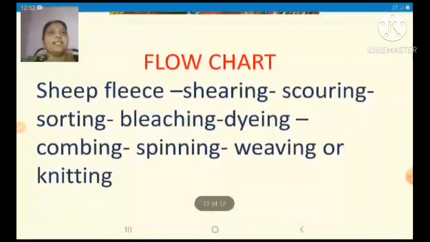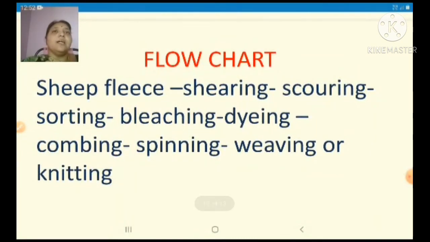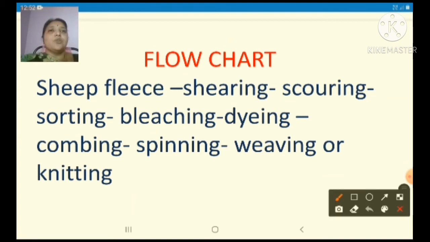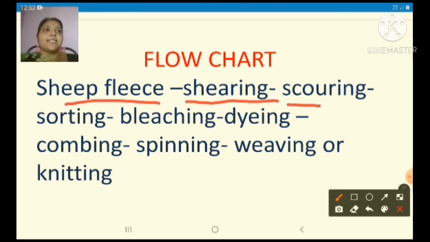So we'll see the flow chart, how the wool is made into woolen fabric. First it is hair, which we get from the animals. Then it is shearing, that means we are cutting the wool from the animal, and then it is scouring.